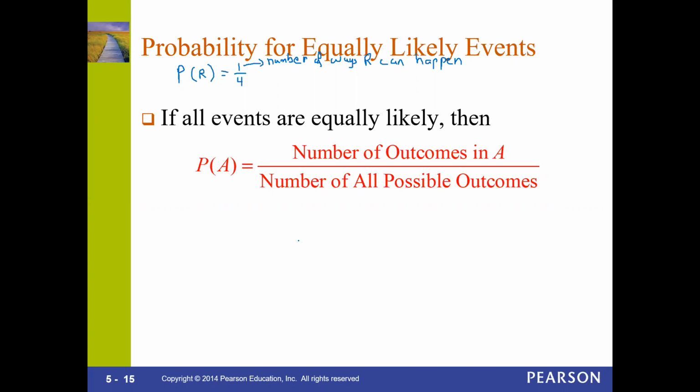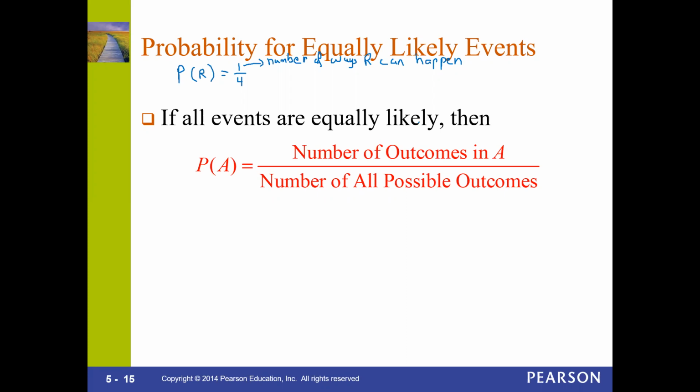This might not make big sense to you, but I'm going to use a different type of example so you can see what I'm talking about. That means out of 4 ways, that's one chance. This is the definition for probability: the number of outcomes in A over the number of all possible outcomes. That's the definition. You can just keep it and try to understand and read it on your own.